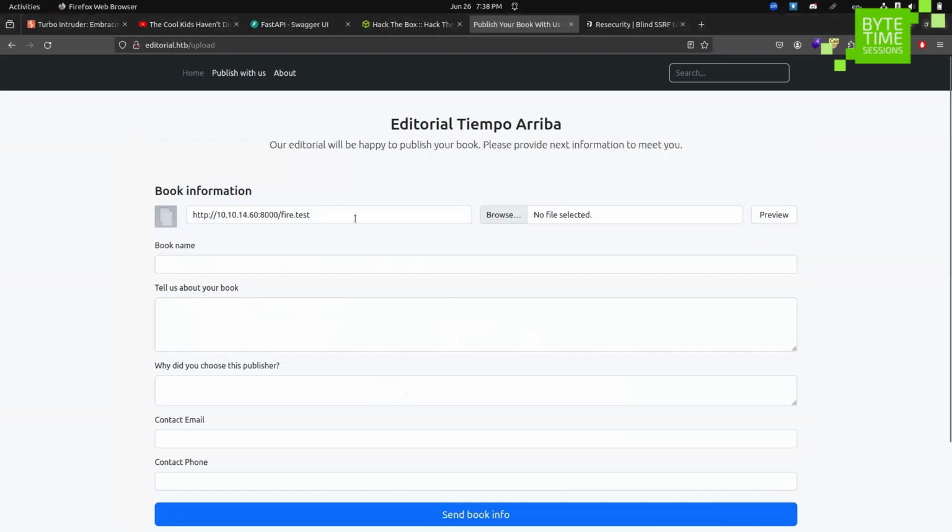So what happens over here is that anytime we click on preview, it will send this URL to the backend. The backend will try to make a request to that particular URL. It will try to fetch the image, if the web server has exposed any image, and then it will return a file that contains that. For example,